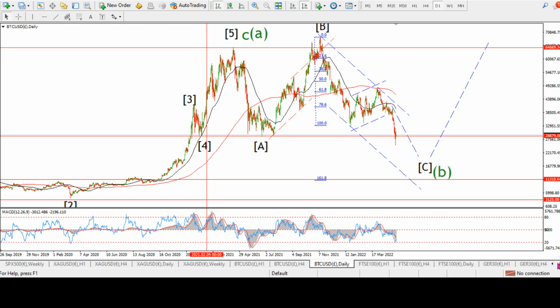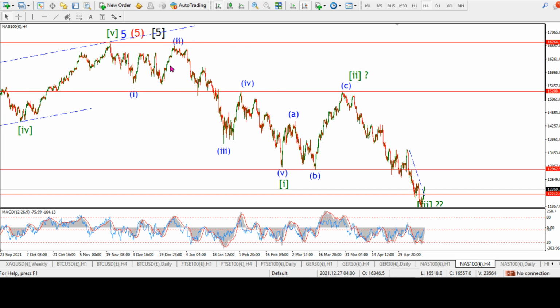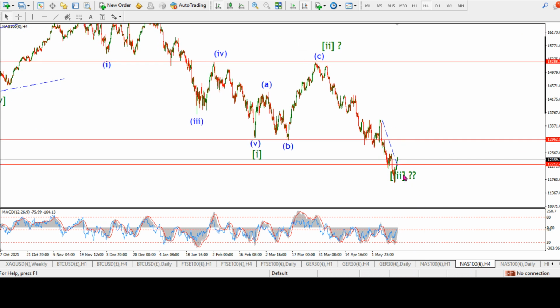Okay, so let's move on. Let's see what the Nasdaq is doing this week. You can see that I've been tracking this 1-2 pattern. We got 5 waves down in wave 1, ABC up in wave 2, and we have rolled over into wave 3. So again, you could say that the Nasdaq 100 might be towards the speculative edge of the financial markets,